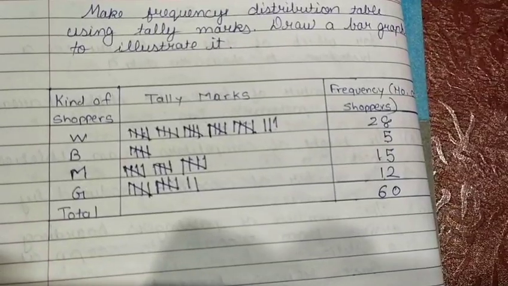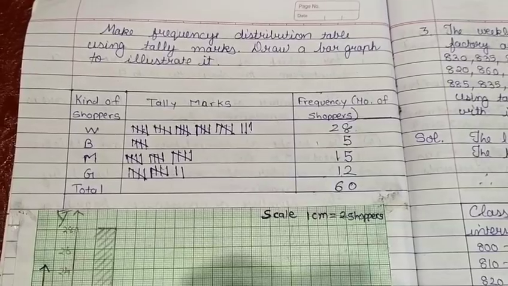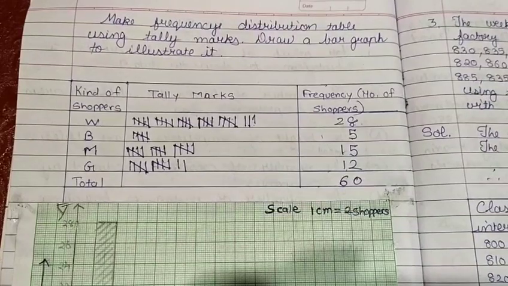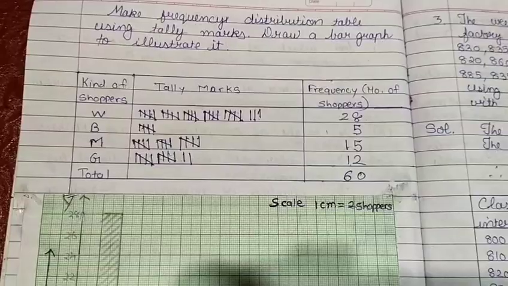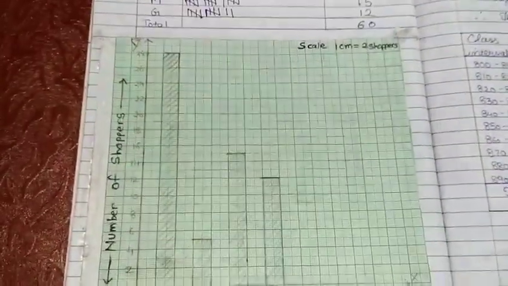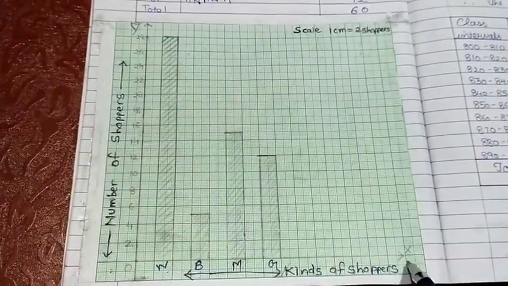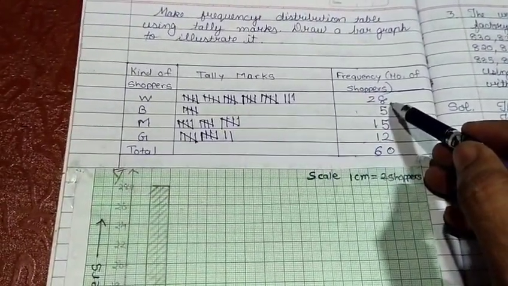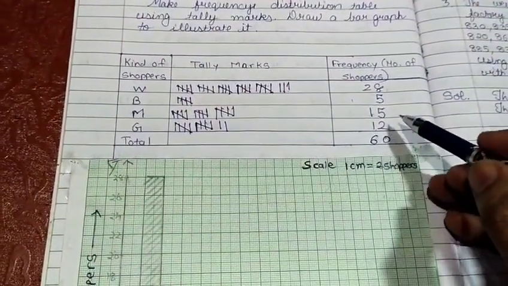Now we have to represent this in a bar graph. Dear student, you have to represent this frequency distribution table on a graph. Let us prepare a bar graph pertaining to this frequency distribution table. To draw a bar graph, you have to draw one horizontal and one vertical line first. Name them x-axis and y-axis. Then from this frequency you have to find the minimum and maximum: the maximum is 28 and the minimum is 5. So why not prepare a class of 2.